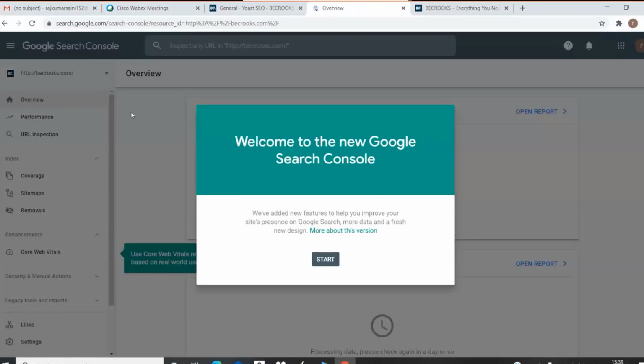Fine. So this is how you would gain access to your Search Console account. This is how easy it is to gain access to your Search Console account, and you are given this particular dashboard, which will basically tell you about the performance and the coverage related issues. You can submit the sitemap. A lot of stuff that you can get to see over here.